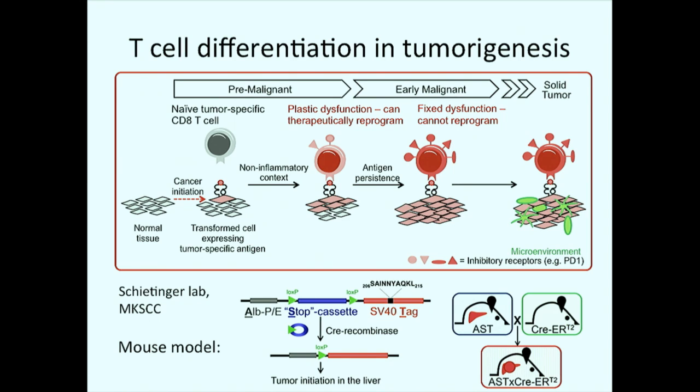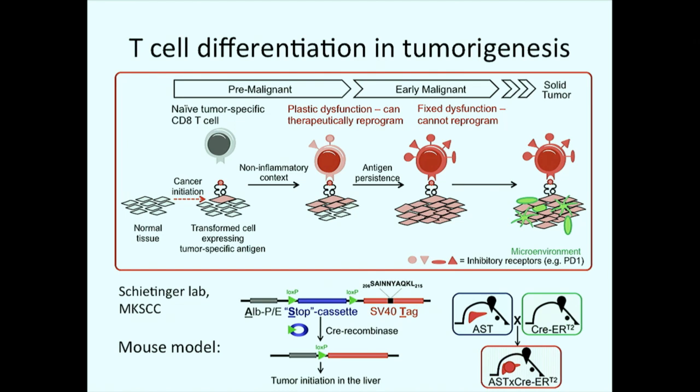All right, so you turn on the tumor, you transfer T cells of the right specificity, and you watch as the T cells turn to dysfunction. And all these mice will eventually get full-blown liver cancer, right? So even though the T cells are there, have the right specificity, they become dysfunctional. They don't stop tumor growth, okay?